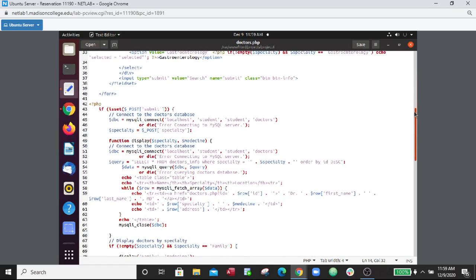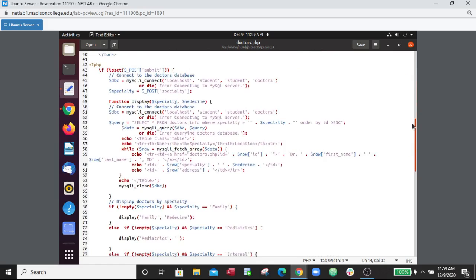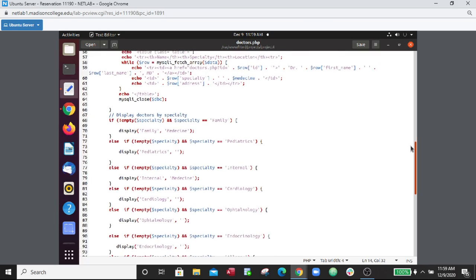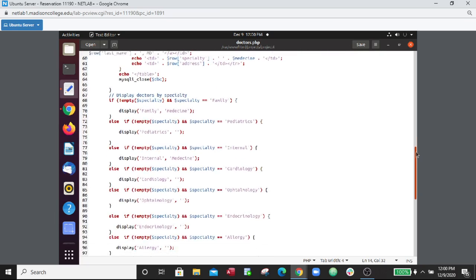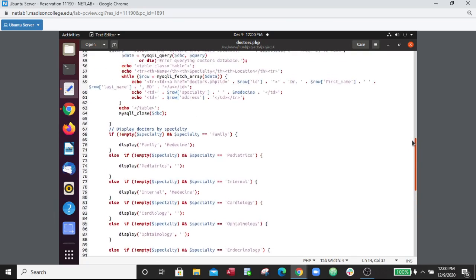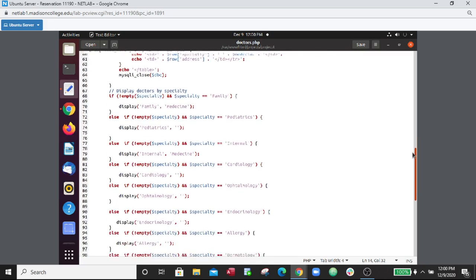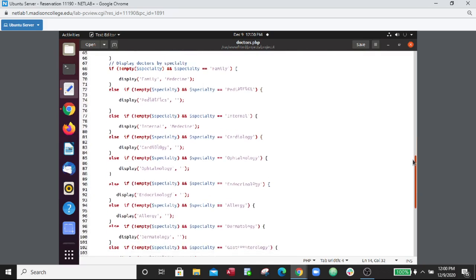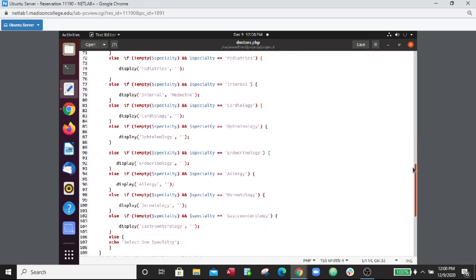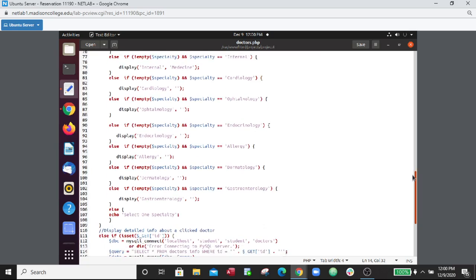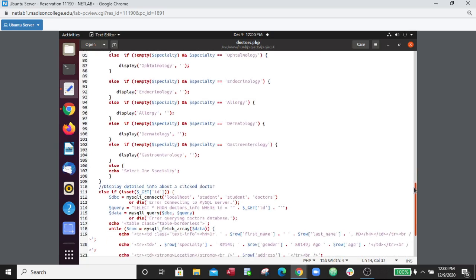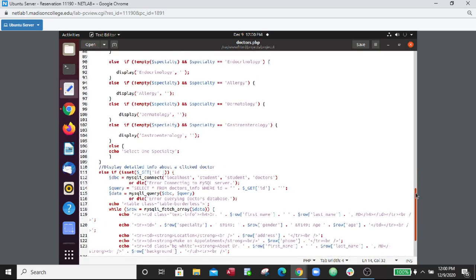And then here I use a function that I call display, and that function is what displays the doctors, the location, and the specialty. Every time I go to one of the specialties, I call that function display, so I don't have to repeat writing the same thing. I did the same thing for